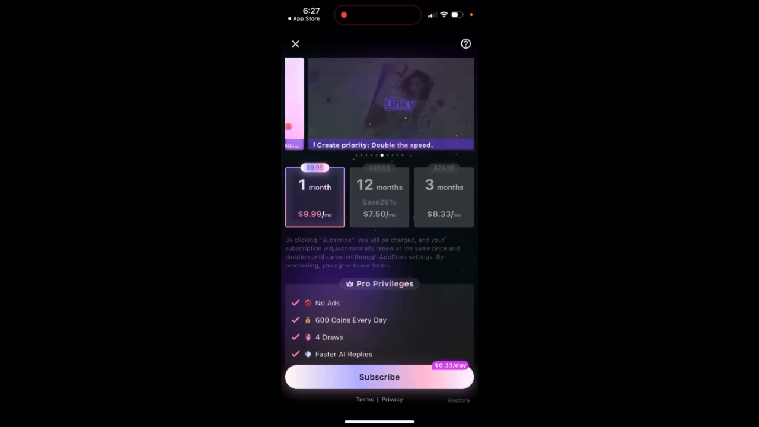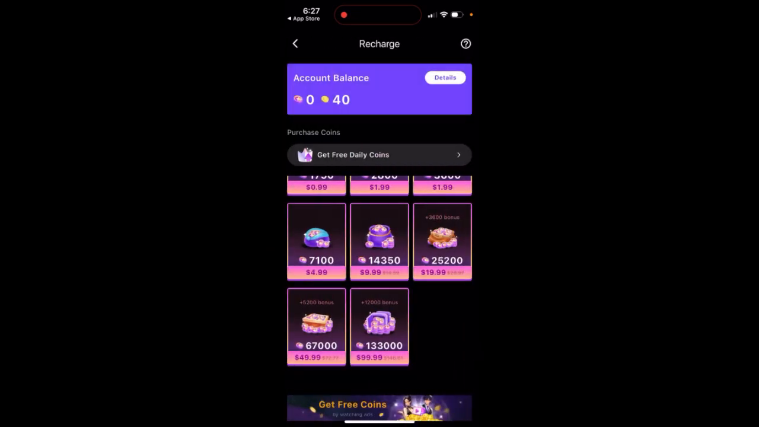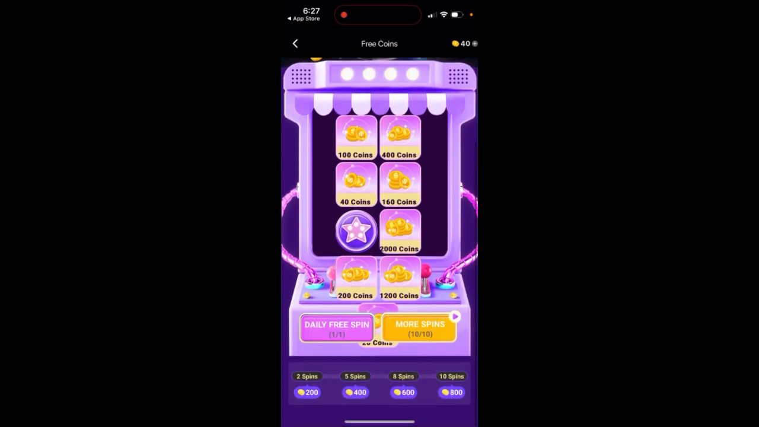So that's basically a bit of a lie, because you still need to upgrade with $10 per month to get these free coins. But also they have this option where you can get free coins by watching short videos. So this is where you have, and then you can just do these spins and you can get a lot of free coins just by doing this. So here, for example,